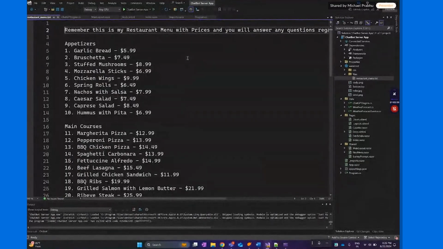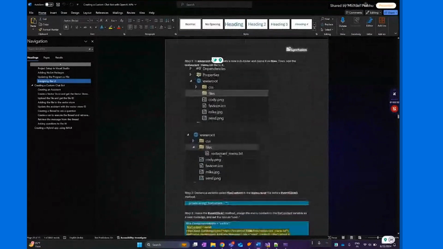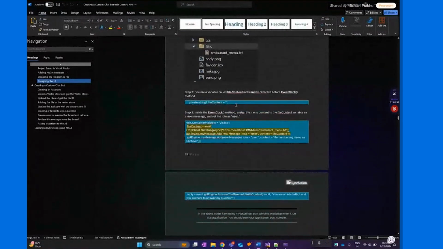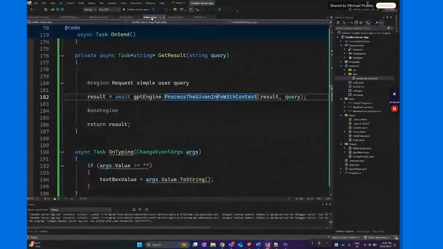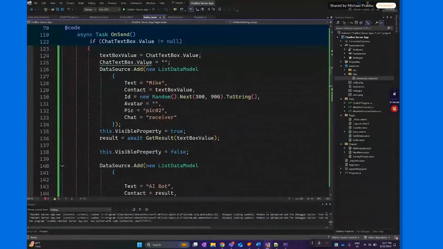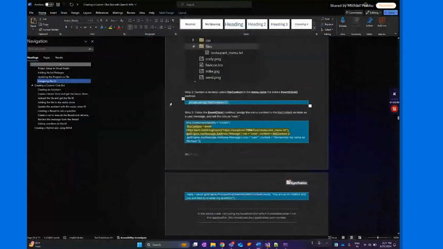Okay, so fine. Now this will read this file and keep it in memory. So let's do that. After adding this, I'm just going to copy and paste this in the index.tracer file, just to add it for the click method, so that I can add the file content. So what I'm doing here is I'm just getting this particular